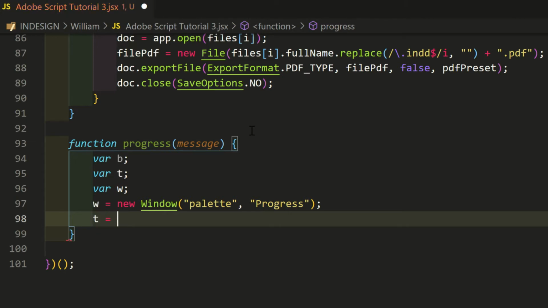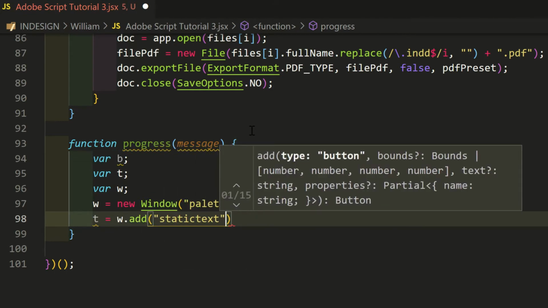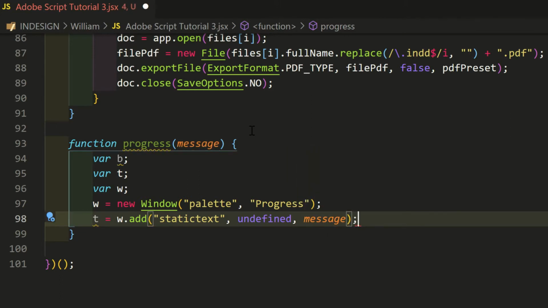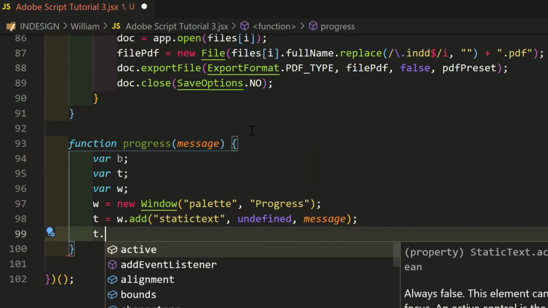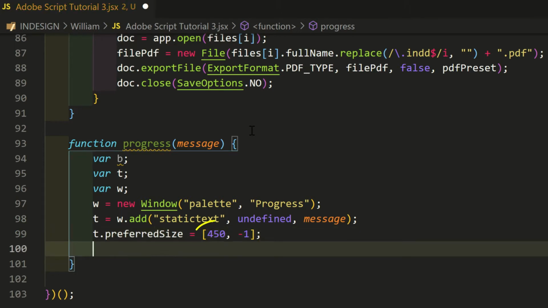t = w.add("statictext", undefined, message) and give it a minimum width. t.preferredSize = [450, -1]. Recall last time, first is the width, then the height.